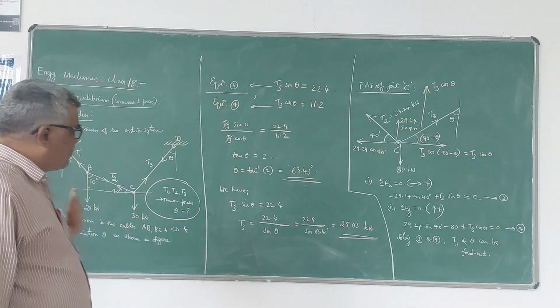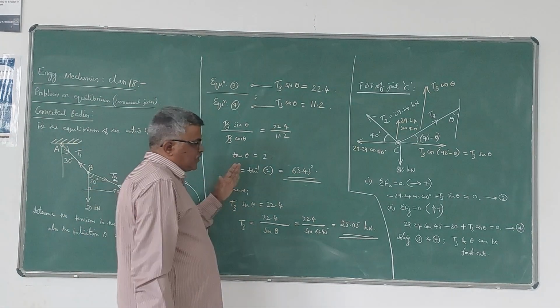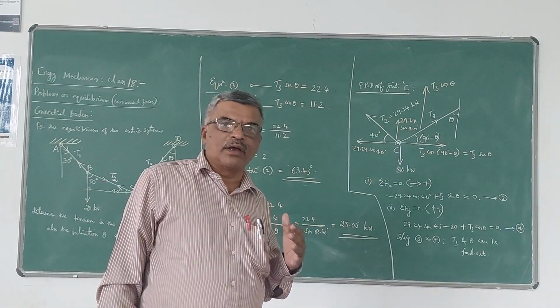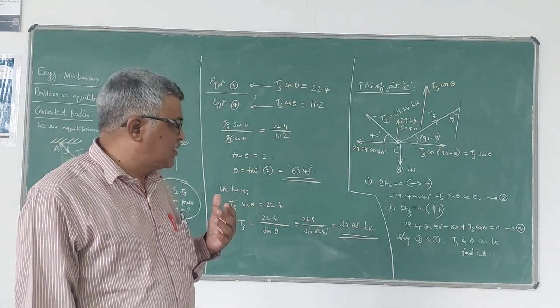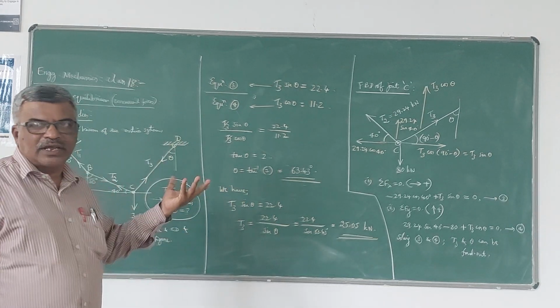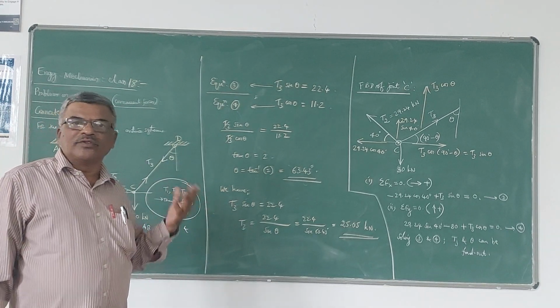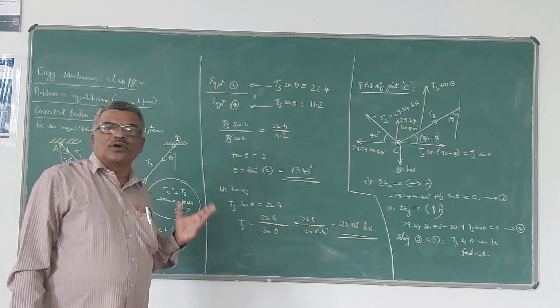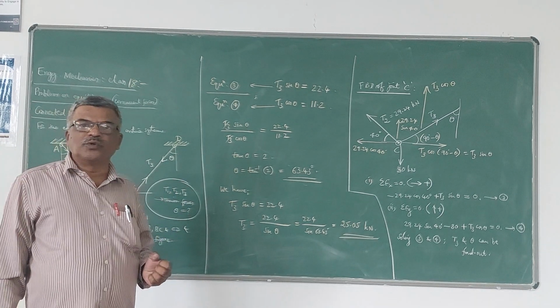So this is how we have to do the analysis of problems of equilibrium of connected bodies. And of course, in both the cases, in both the joints, the forces are concurrent forces. So only two unknowns will be there. So you can analyze by using the two equations of